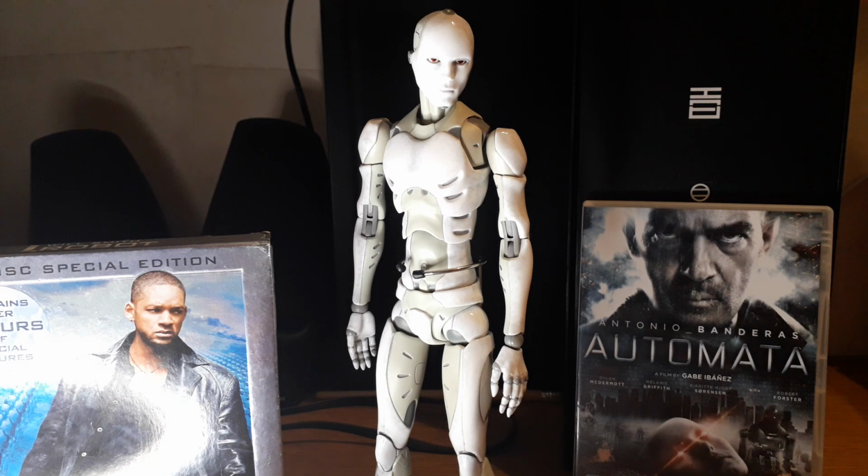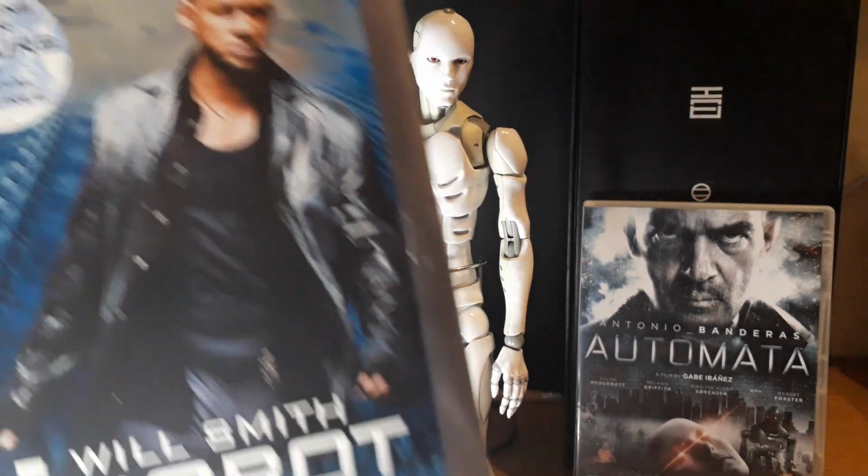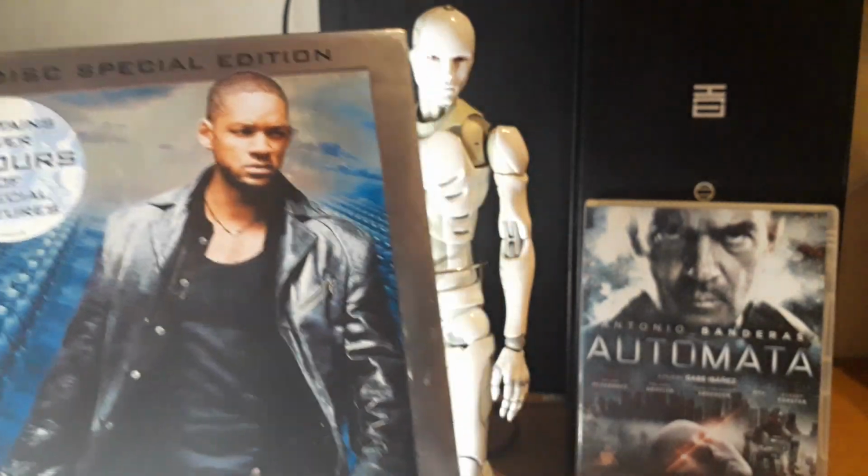The robots, but basically the robots are created. Don't really want to spoil the film, but you know, it's the same old story. Artificial intelligence, the struggle for survival, life finds a way, that type of thing. And then obviously you've got iRobot with Sonny the robot, and